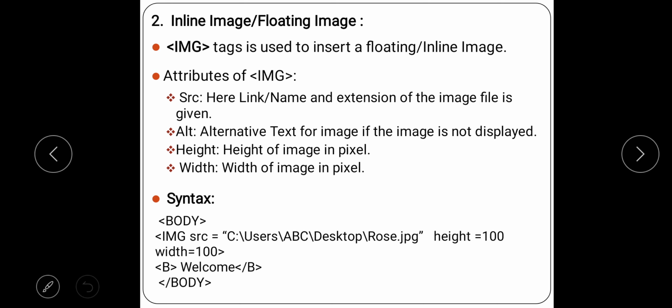Then on the next line again I am writing a text, applying text formatting as bold, and the body tag closes, and all the remaining tags are closed, right? And when we save the file we will see the output. So we will see the output on the next slide.